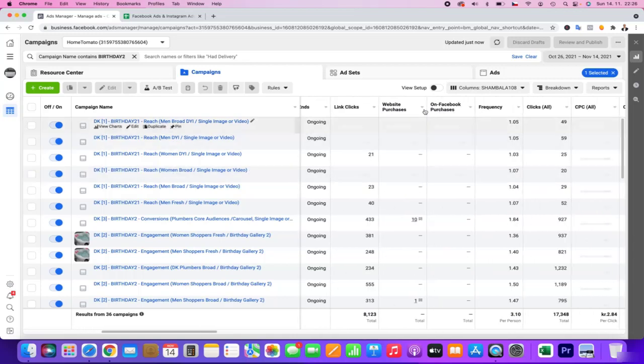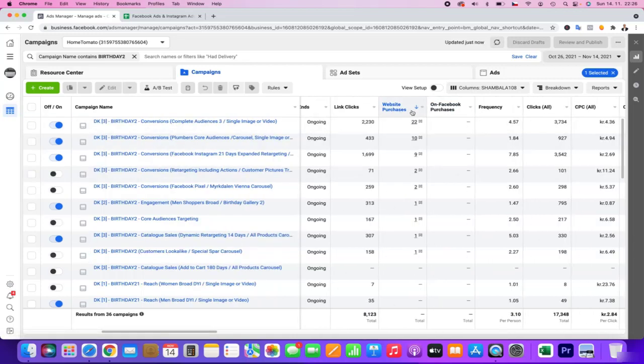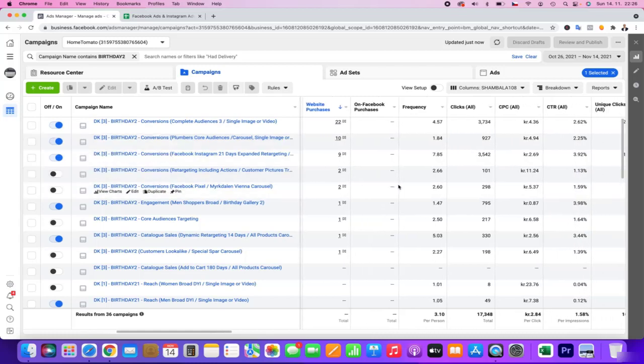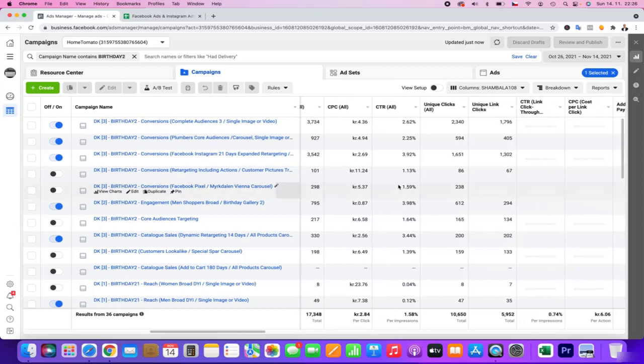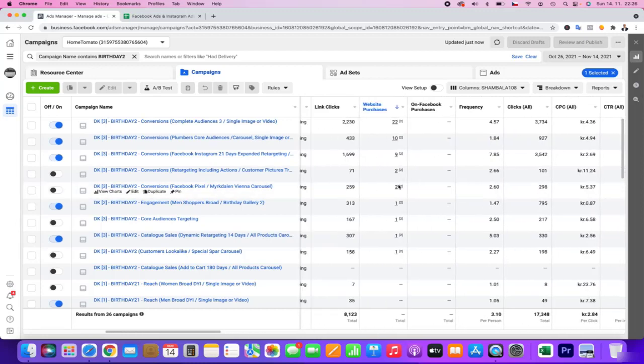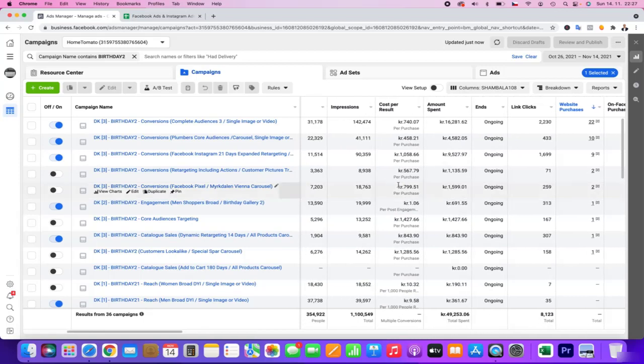Just when you click to purchases, as you can see, I did turn off some of the purchases because the campaign was not really doing so well. I might still consider this deep retargeting. This might be good because it was not so expensive, but definitely for retargeting for Facebook, Instagram, you can see there are too many impressions.